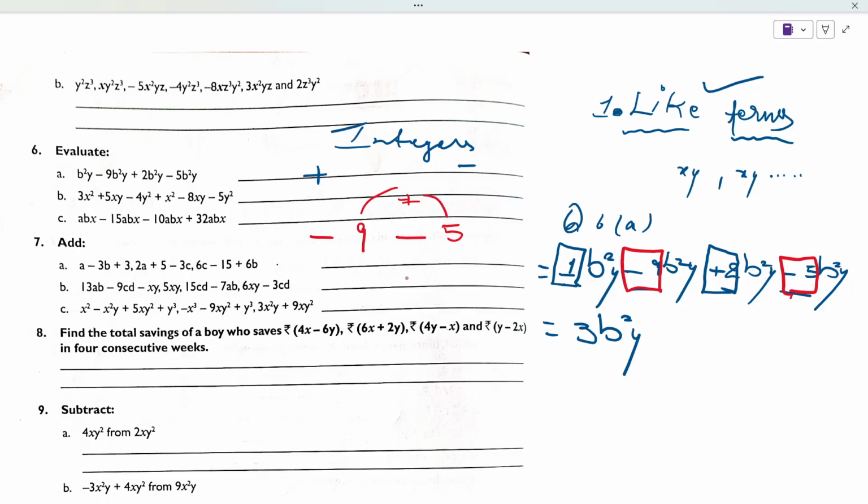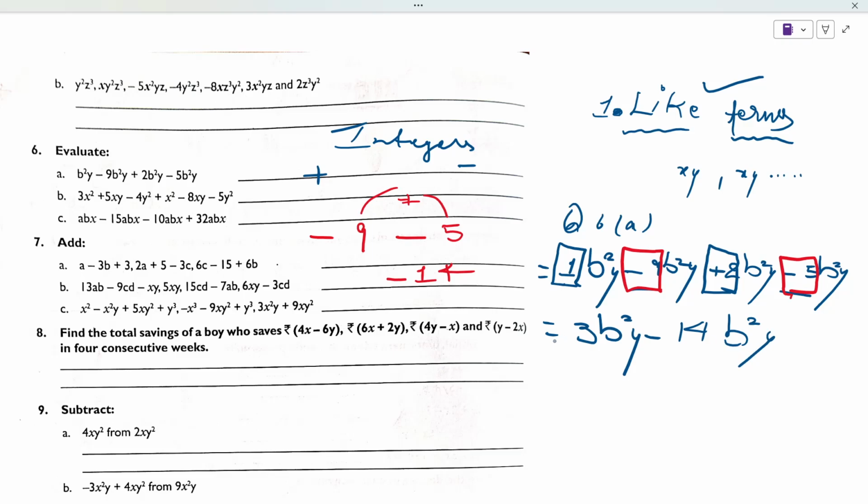So 9 plus 5 gives us 14, but since both are negative, the final answer will also have the sign of minus. The sign is maintained, because these are two negative numbers, so they add up to a negative number. So we get minus 14 b square